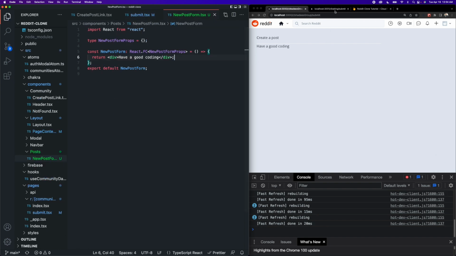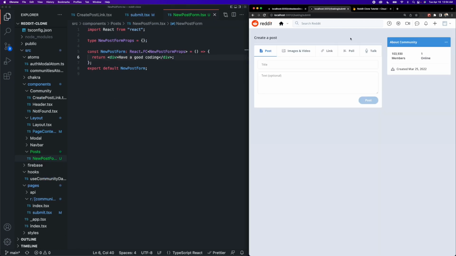All right, so we are going to build our form to be nice and modular, clean components so that it's very easy to read and extendable. So we basically just have this stateful navbar here, and then for each nav item, we have an associated component. For example, for post, we have these text inputs. For images and video, we have this uploading component, and we're not going to work on these features here because